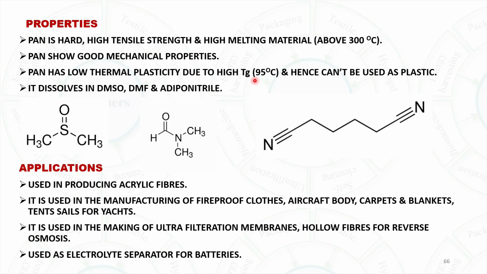But for now, just know that its glass transition temperature is quite high, around 95 degrees, because of which its thermal stability is quite low. Now look here, it contradicts you. Your polymer is definitely above 300 degrees, but its thermal stability generally remains low, meaning it will not melt immediately,